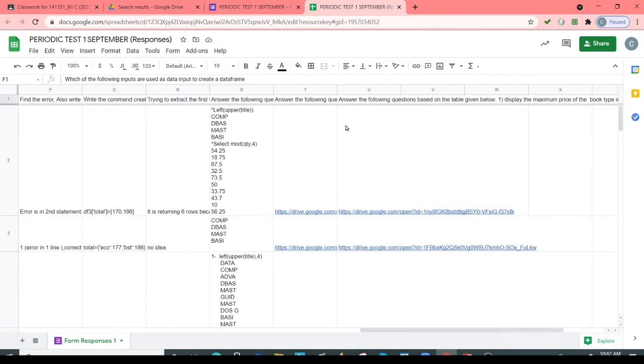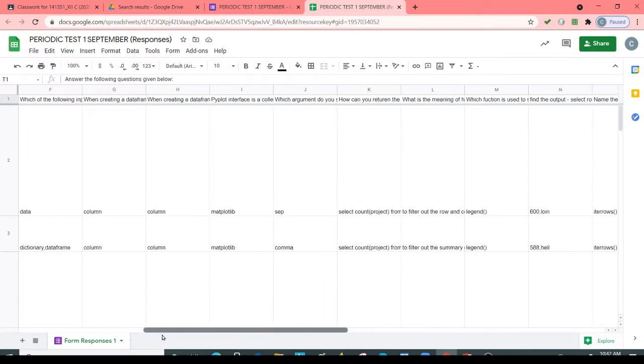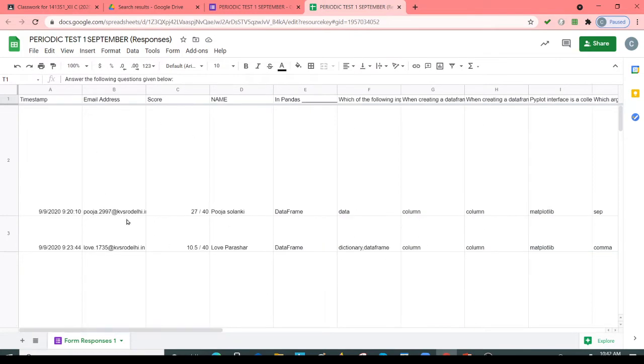Now you can also find the answers that are submitted as an attachment. So this is the question and this is the drive link, and in this drive link the student has submitted the file, attached the file. So all the answers submitted by the students will be stored in this response sheet.